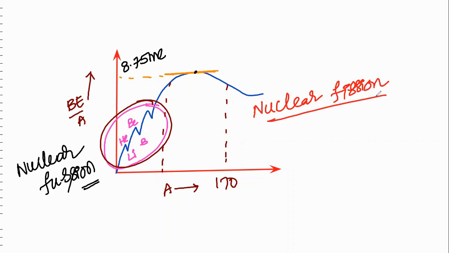The process we call nuclear fission. The process of splitting of a heavy nucleus into two lighter nuclei is called nuclear fission. In the nucleus, the nucleons, which are protons and neutrons, will be there. So, in between the nucleons,